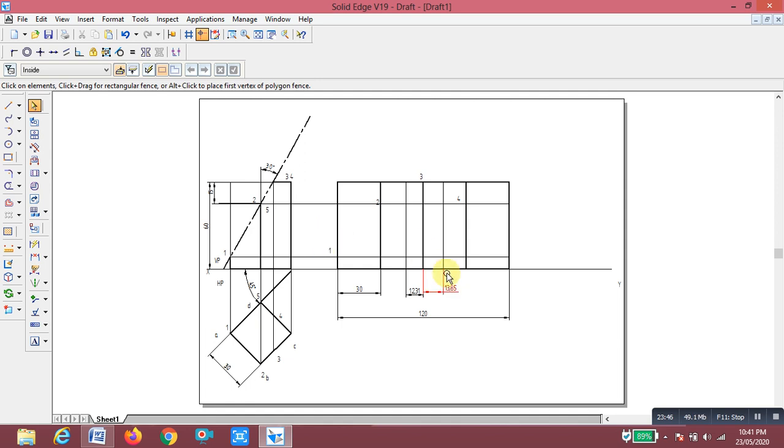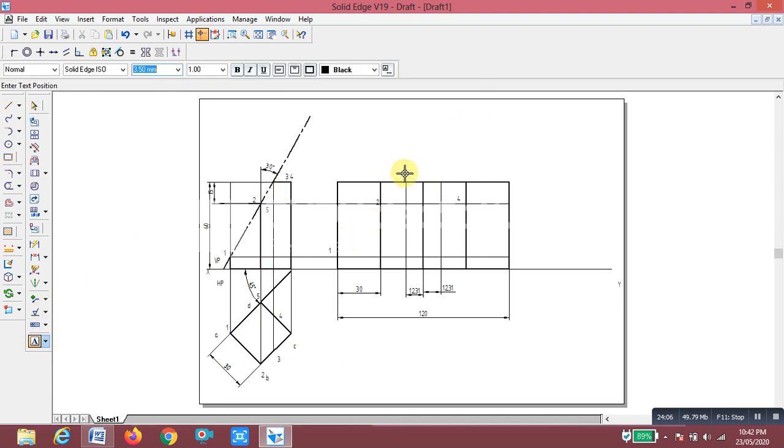Right. Now this point three comes here, this is 2, this is 3, because both are in the same line. Here between B and C, this is 12.31, and from C to 4 is again 12.31.